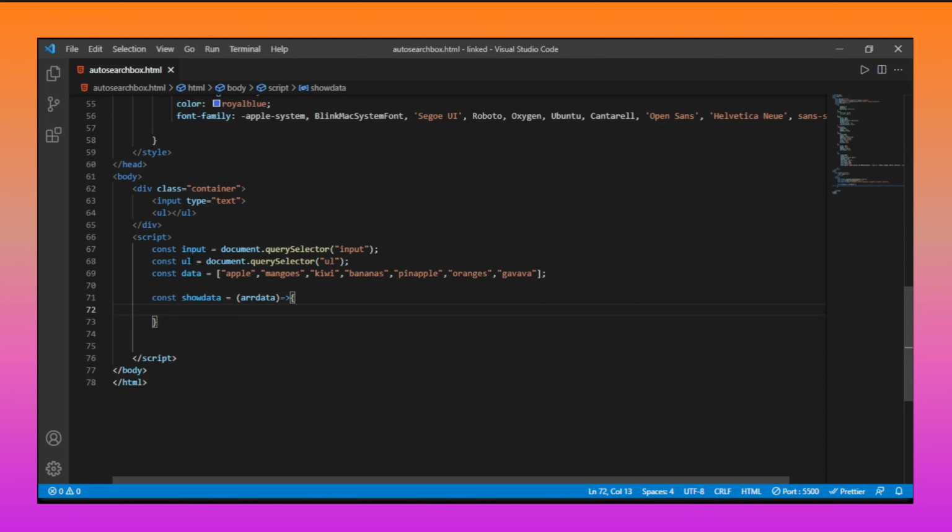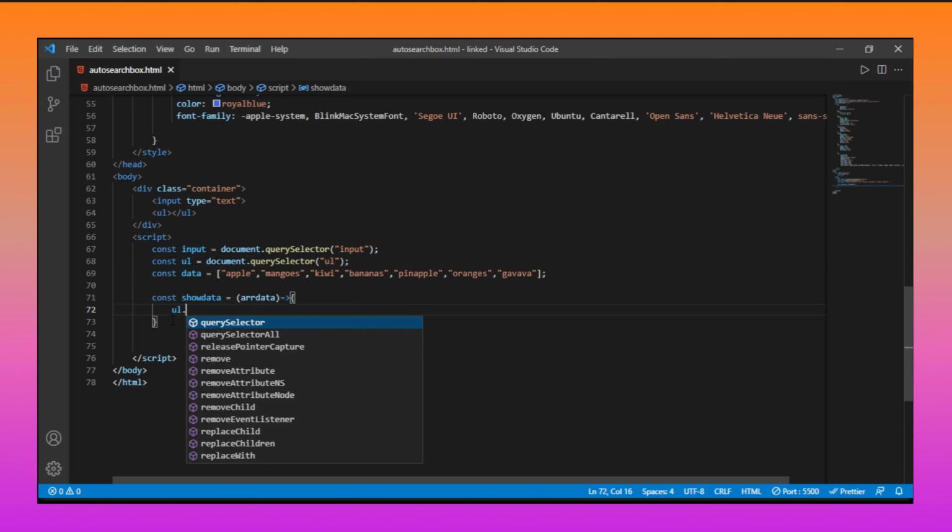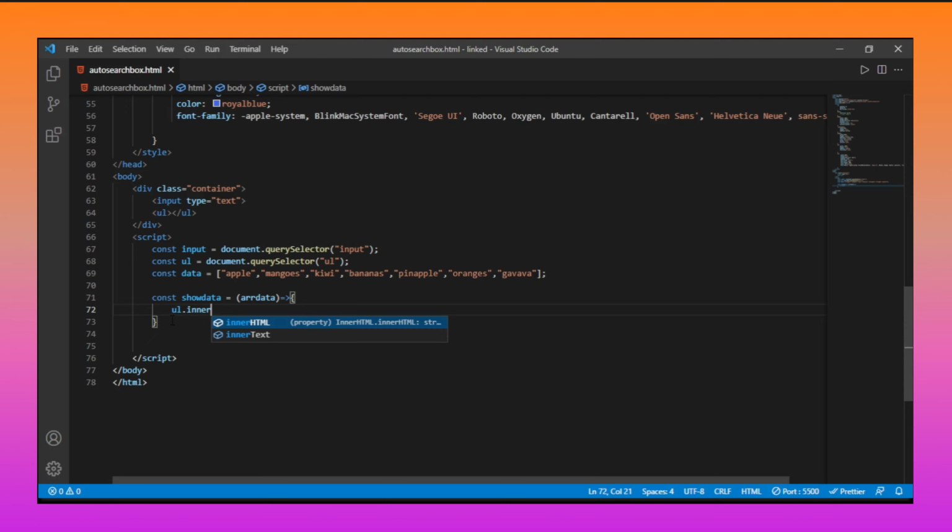We are going to put the data in the unordered list. So unordered list dot innerHTML will be